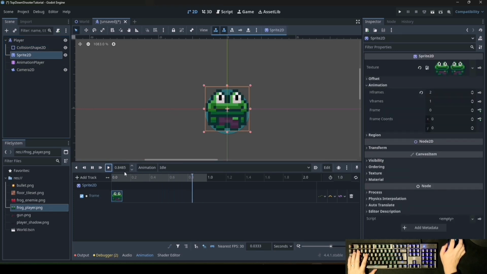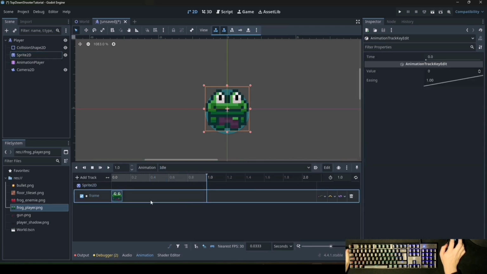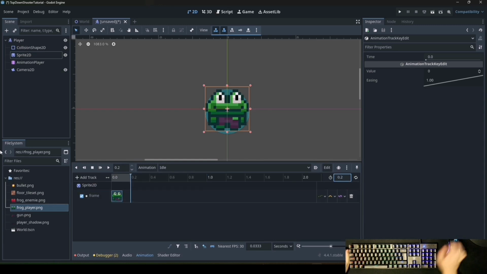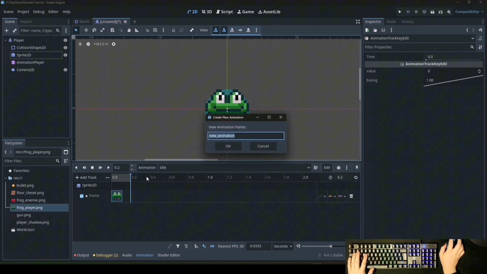When we play this animation, it's just not moving, idle animation, like just idle. We can also shorten it to like 0.2, as it doesn't matter, it will be played just once and then stop at the end. What we need is walk left,